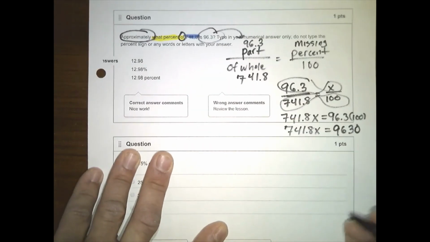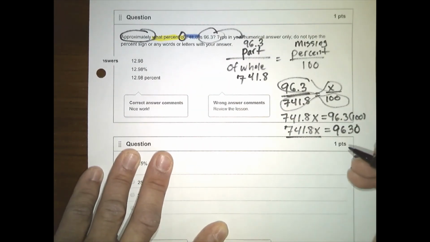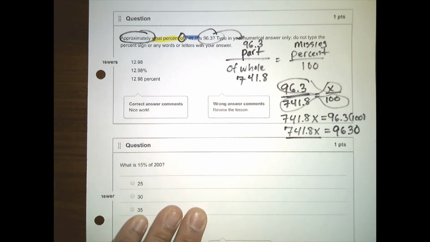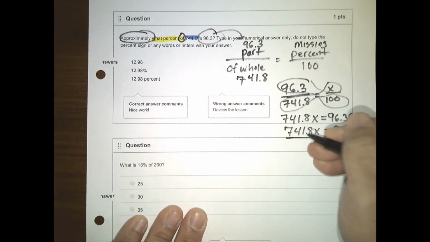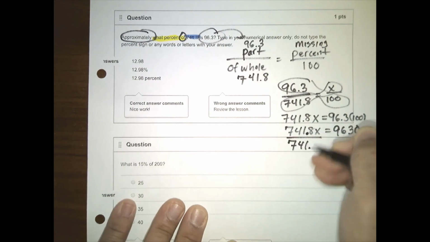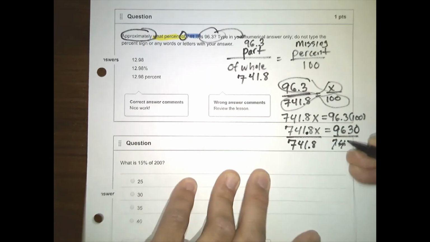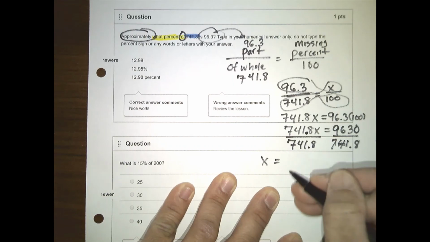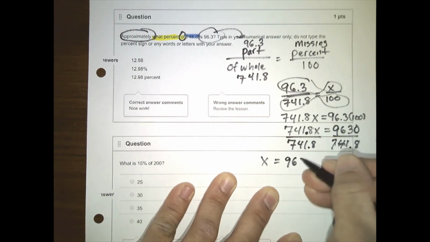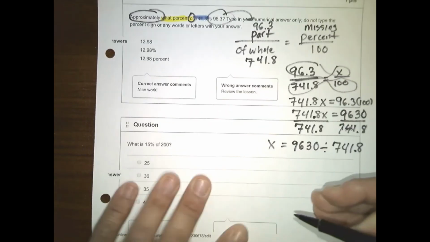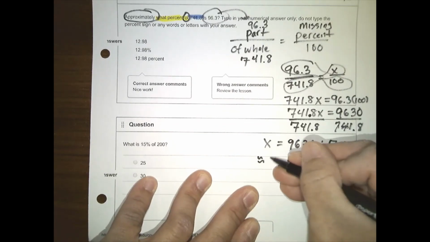Sorry, that's a decimal. So 741.8. I got the decimal places mixed up in my head here. So 741.8. So x is 9,630 divided by 741.8. And if you do this calculation, this is about